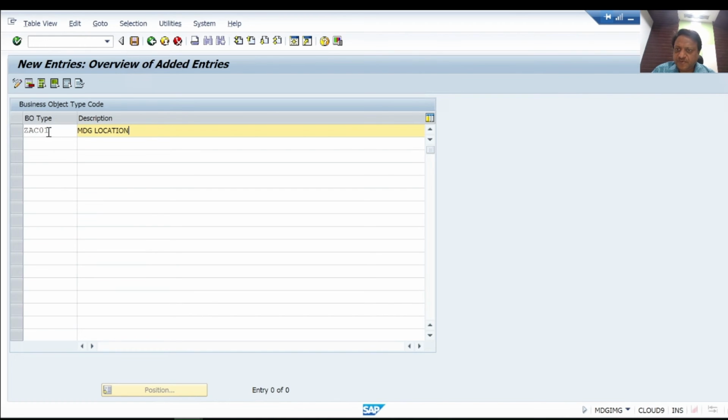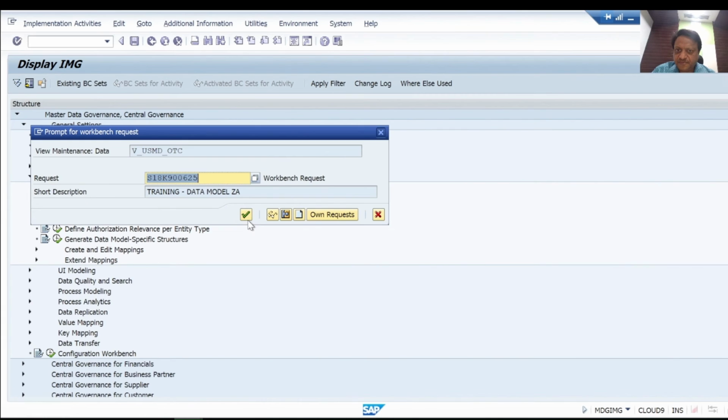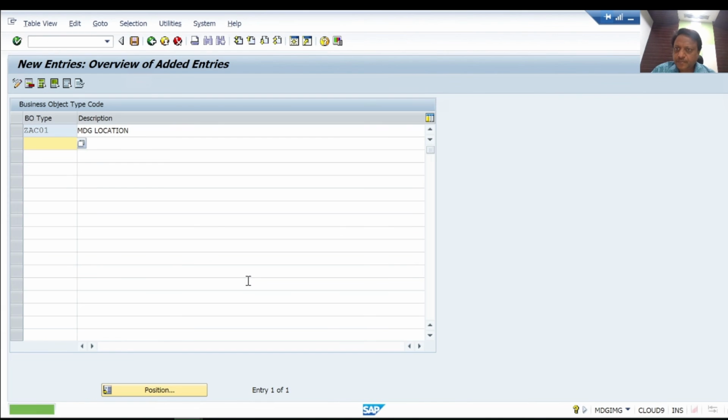So, new business object type for MDG location. I'll press enter and then let's save this. And with this definition of the new business object type,